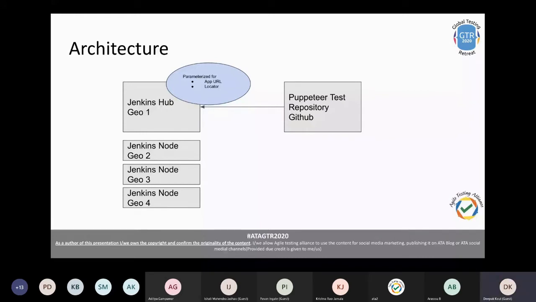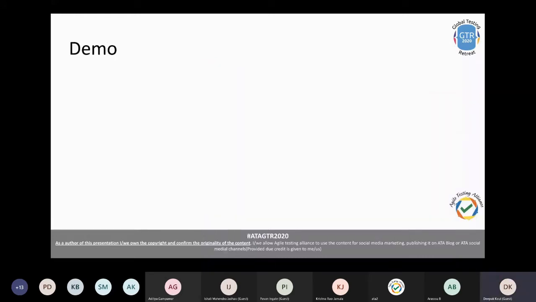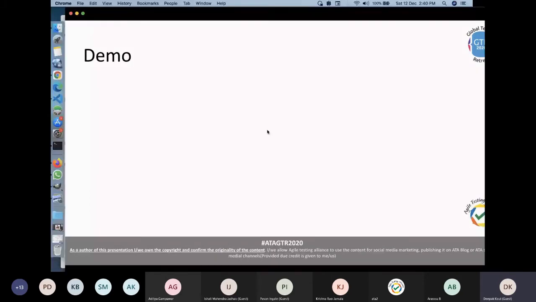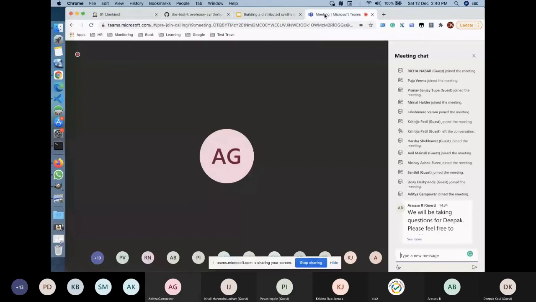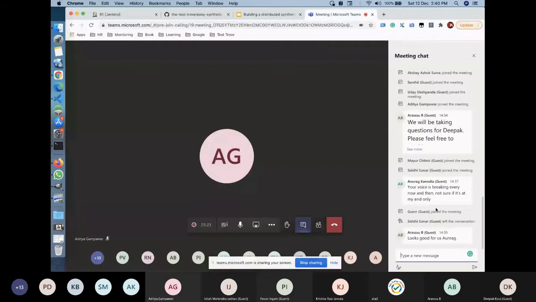All right, let's go to the demo now. I'll just ask one question: has everyone installed Node and npm on their machines? If you have done that, please give me a hand.